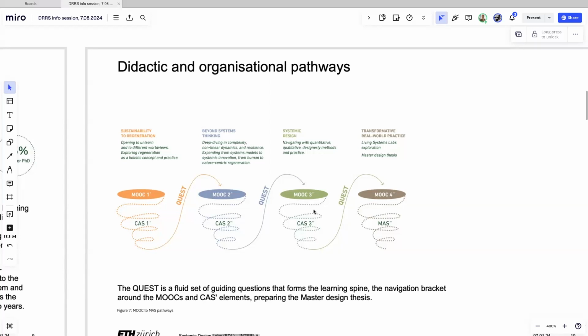It's just important to know that the MOOC is always the precondition for the CAS, because there is the basic theoretical knowledge and language that we need in order to come together as such diverse groups and work on experience-based real-world challenges, which we call quest, a kind of fluid set of guiding questions that is the navigation help for us in this program.